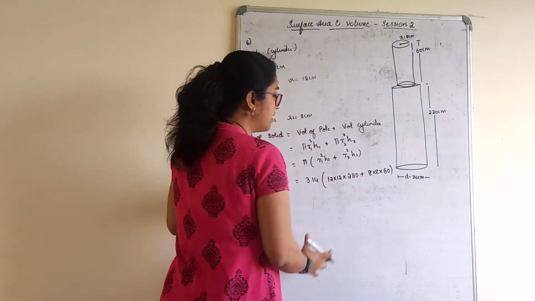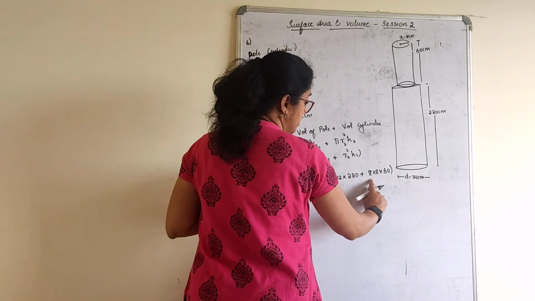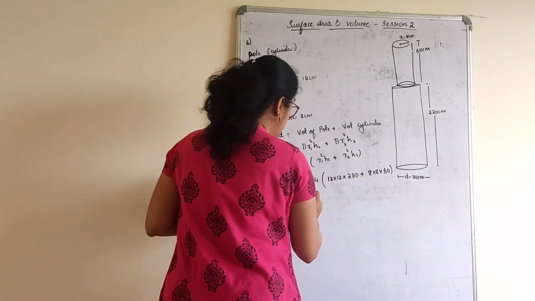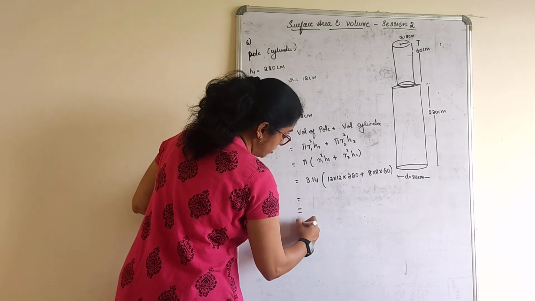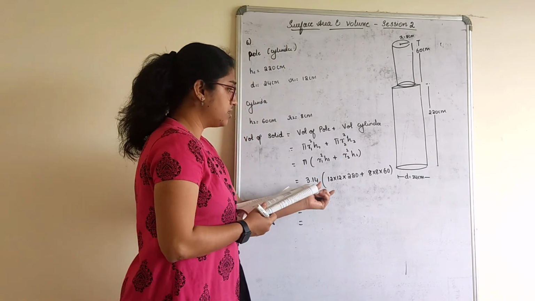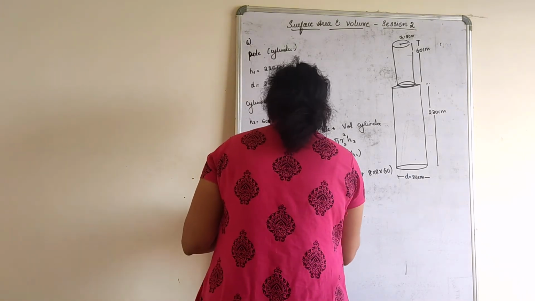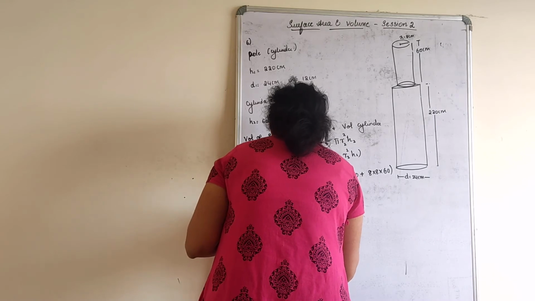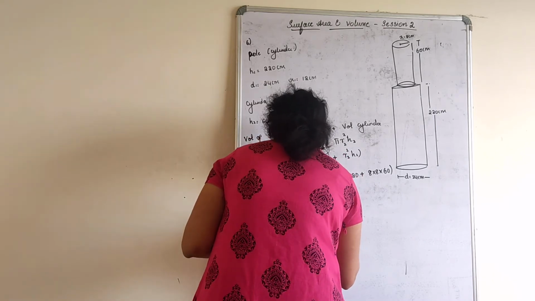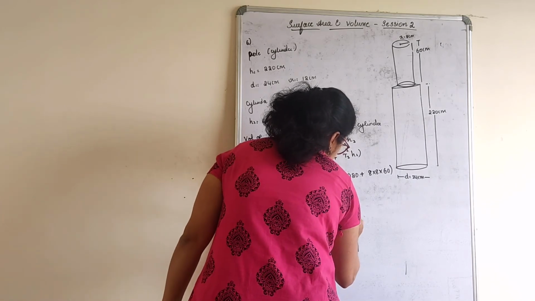If you want in the numbers form, you can still take common and do, or multiply this, add that, multiply that with 3.14. Calculation part is left to you children. I will just give you the answer here because this which I have done, I think further you can do it. So when you add this, multiply this together, you will get 111532.8 centimeter cube.